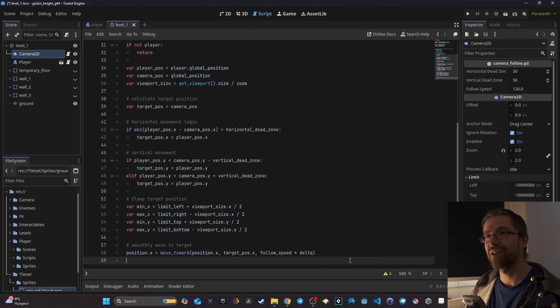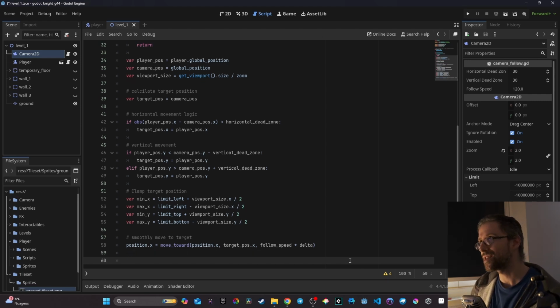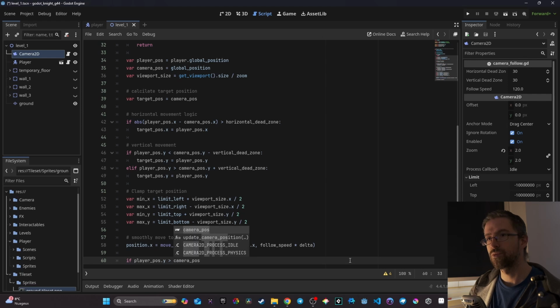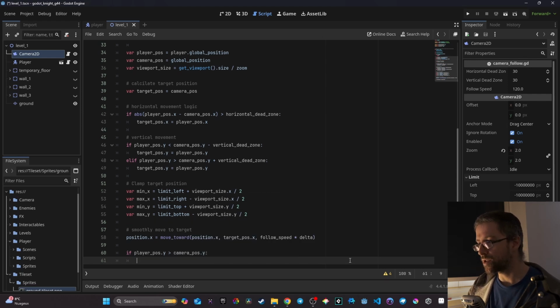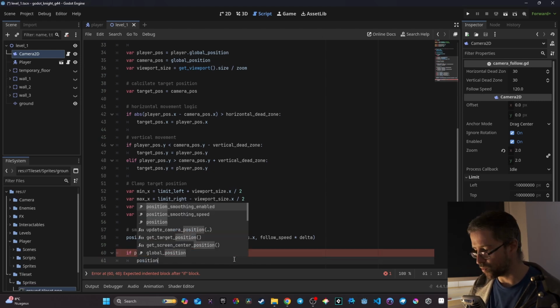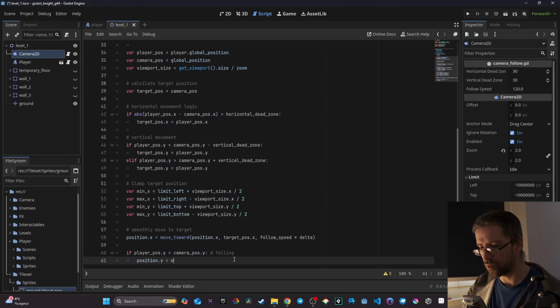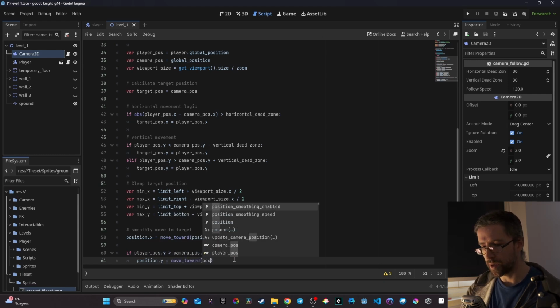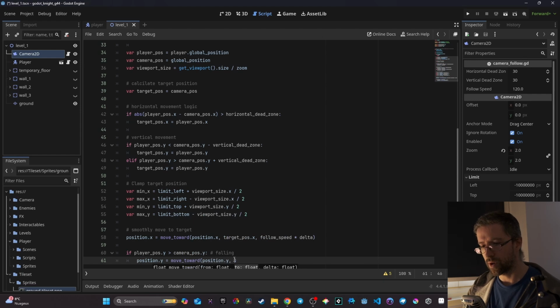Now we have just some lines to code, just in case we are getting into a specific type of situation. So here I want to make an if statement. I'm going to check if my player_pose.y is greater than my camera_pose.y. That means that I'm falling. So here I'm just going to say falling. Then I want to get my position.y, and set it to be equal to move_toward. And here we're going to get my position.y, I'm going to get a target_pose.y, I'm going to take the